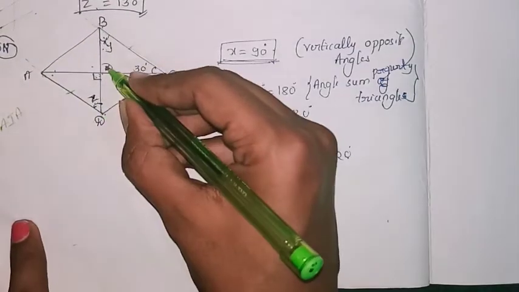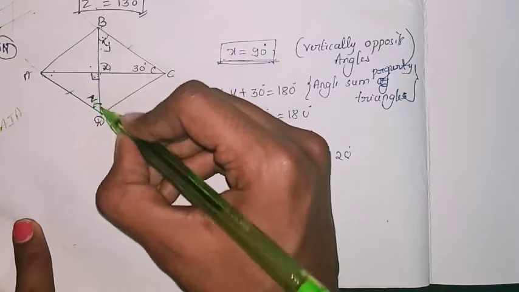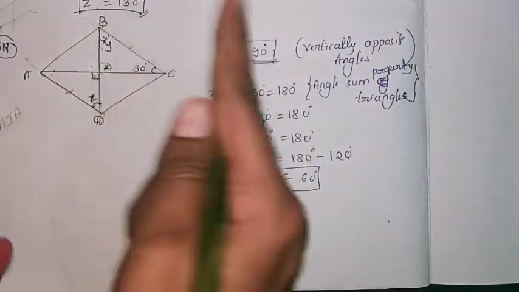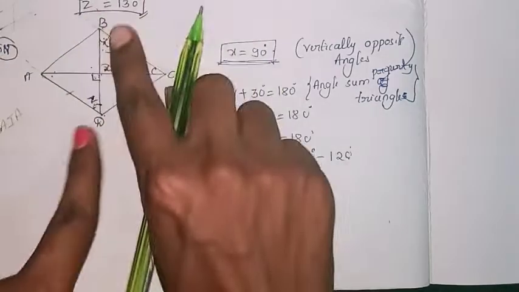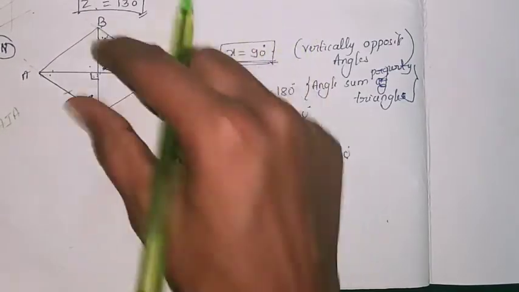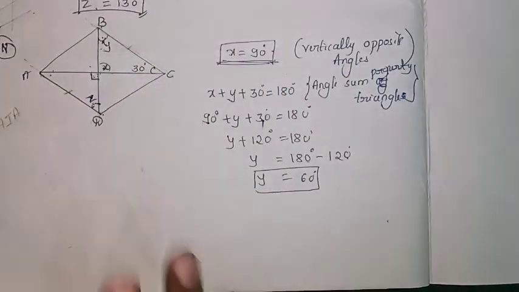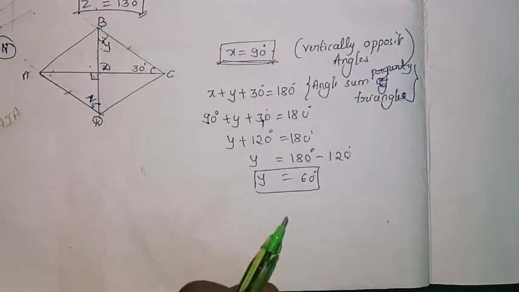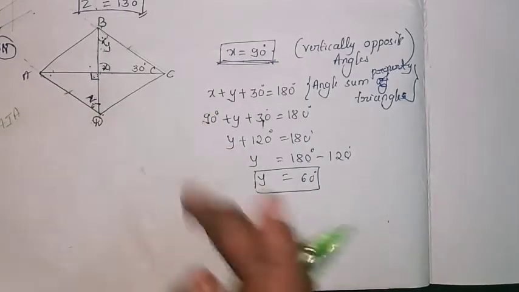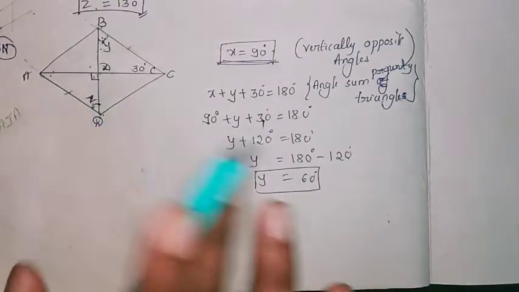Don't consider this one and this one. Here you observe this angle is showing an upward direction and this angle is downward. So these are on opposite sides, one on this side and another on that side. These alternate interior angles are always equal. So remember, alternate interior angles. If the angles are on the same side, that is called corresponding angles. You will learn that again. First understand what we mean by alternate interior angles.